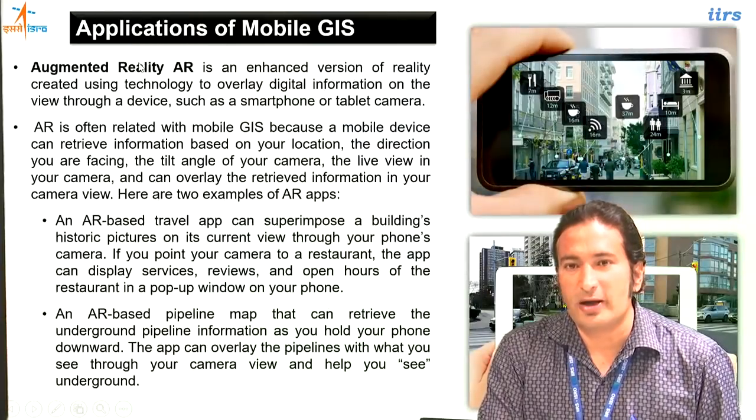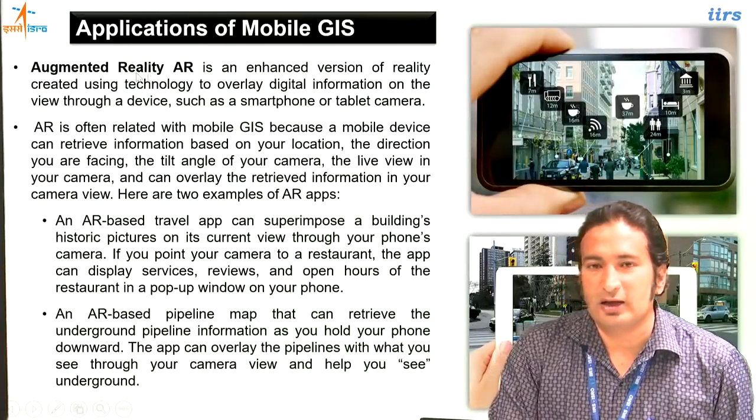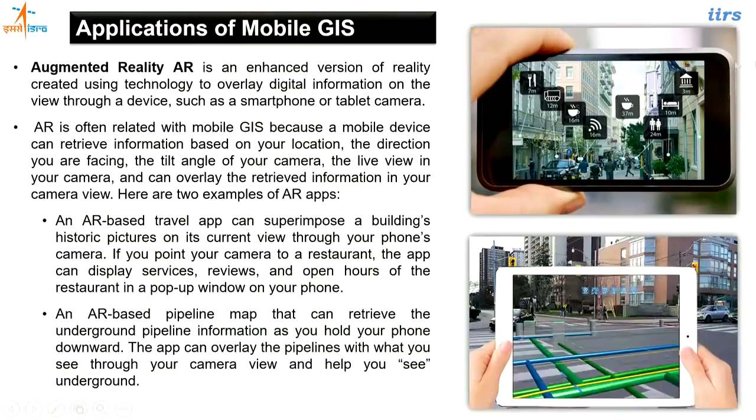Similarly, if you talk about augmented reality, what is augmented reality now? In case of augmented reality, it is providing you some information on the go. You are on the field, you are carrying the mobile phone, you just place it on one market and you are getting the photographs, and using this photograph I am able to get the information about this location. Like here there is some restaurant, and similarly I can get their other information also. What is the menu there, what is the cost there. So this is one example.